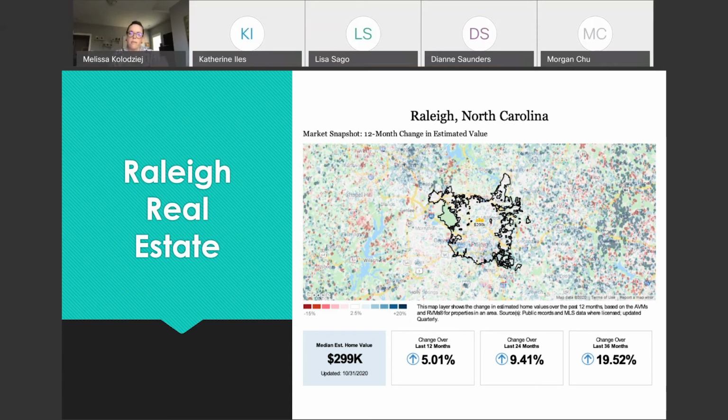Each model uses proprietary algorithms and arrives at its own estimate. So AVM and RVM are separate, and then the AVM and the RVM confidence scores are shown on our property details page, and those are values between 0 and 5 stars that indicate the level to which each of the multiple models agrees with the other estimated value for a given property.